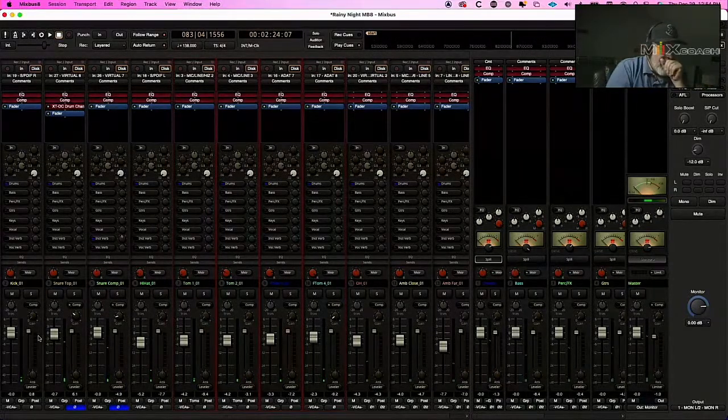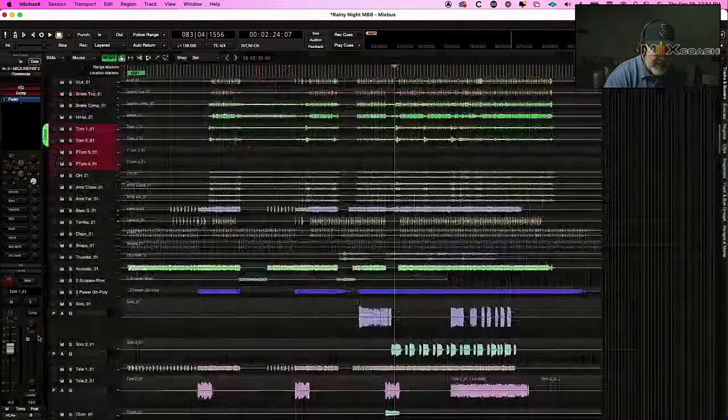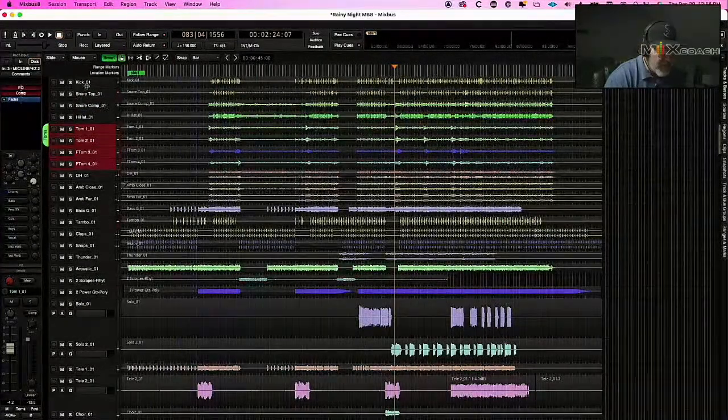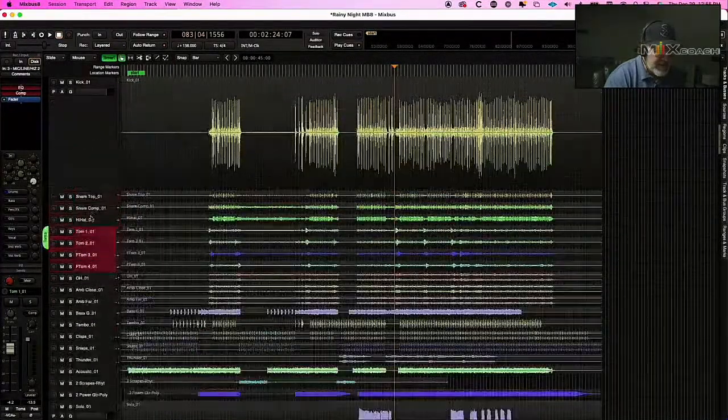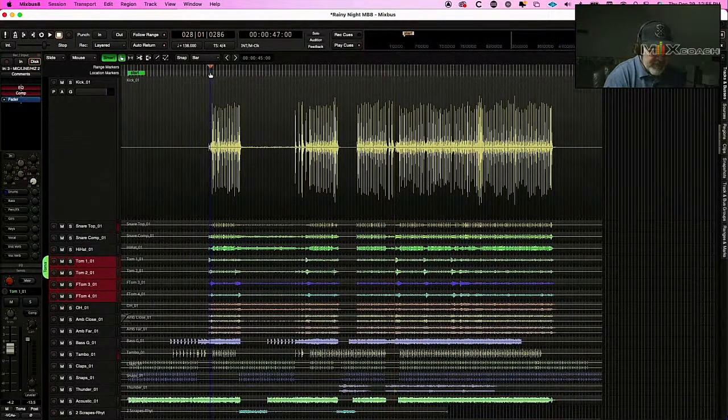The only thing I've noticed now is that the kick sounds a little inconsistent about the way it's played. If I had everything installed and ready to go, I'd probably trigger this kick to keep it the same. But let me take a look at the mix here and see if there's anything we can do about the kick. I mean, that doesn't look terribly different, or